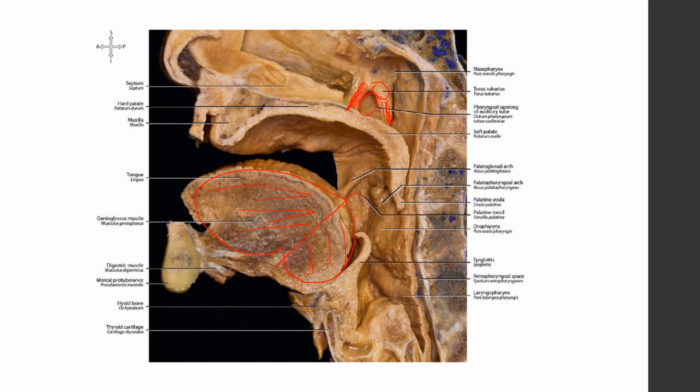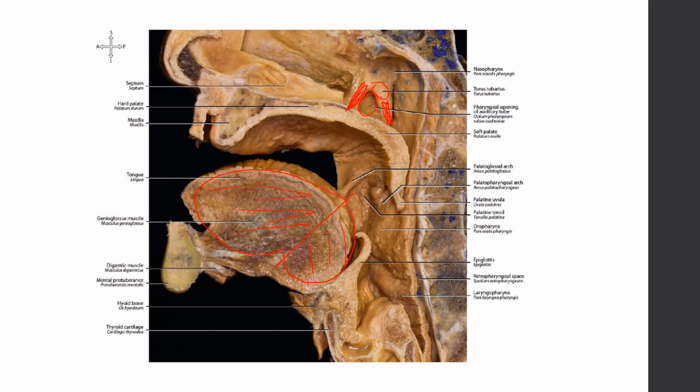This salpingo-palatine fold is a false fold, which means that there is no underlying muscle causing the elevation of the mucosa. But all the other mucosal folds are caused by underlying muscle. This salpingo-pharyngeal fold is made prominent by the salpingopharyngeus muscle. And below the palate,